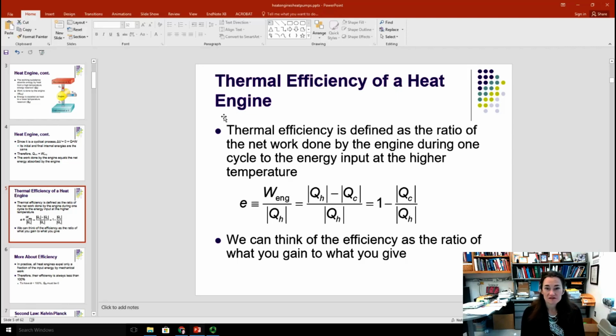So a thermal efficiency for a heat engine is defined as the ratio of the net work done by the engine during one cycle to the energy input from the hot reservoir at the higher temperature. So it's a ratio. Basically, you can think of it as a ratio of what you get to what you have to give. Okay, so what you get is the work of the engine, and what you have to give is that energy from the hot reservoir. So the efficiency E is then defined as the ratio of the work W divided by Q sub H,